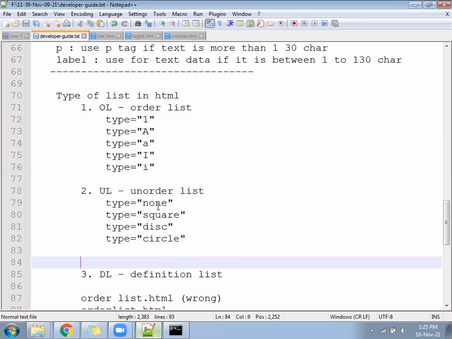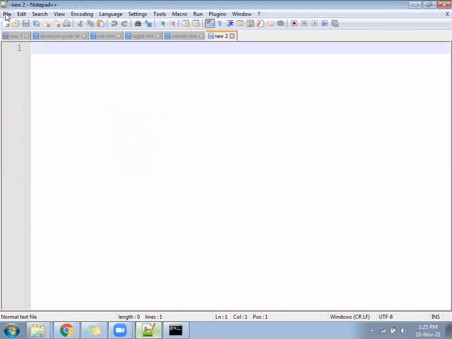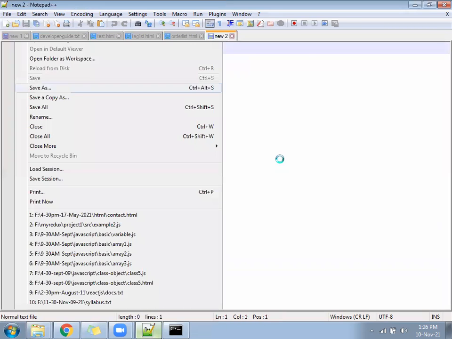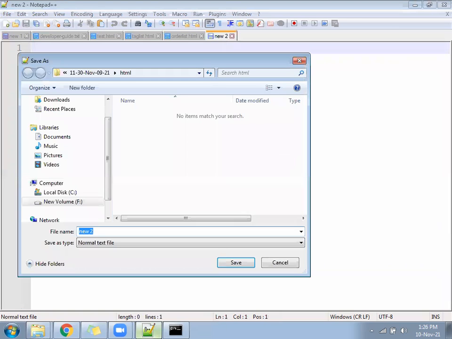Give the file name unordered list .html. This will be the last file.